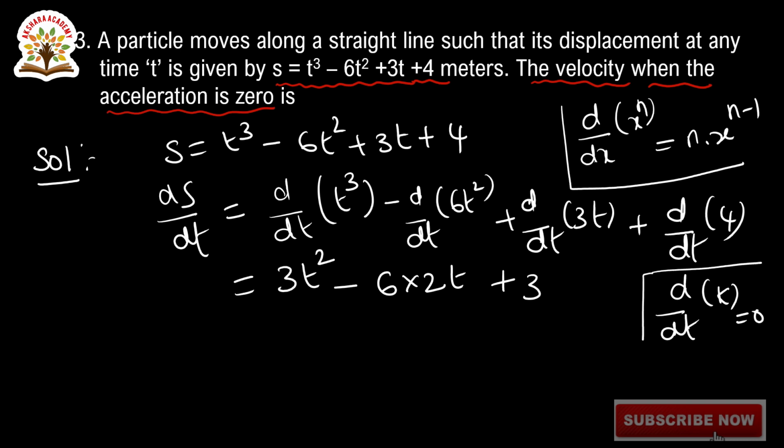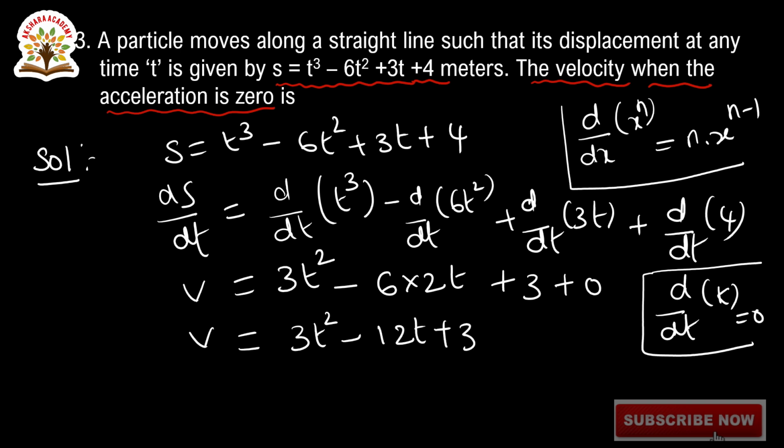Here we are applying this formula. This is a constant k, so it is nothing but plus 0. So ds by dt is nothing but v. V is equal to 3t square minus 12t plus 3. Plus 0. So acceleration a is equal to